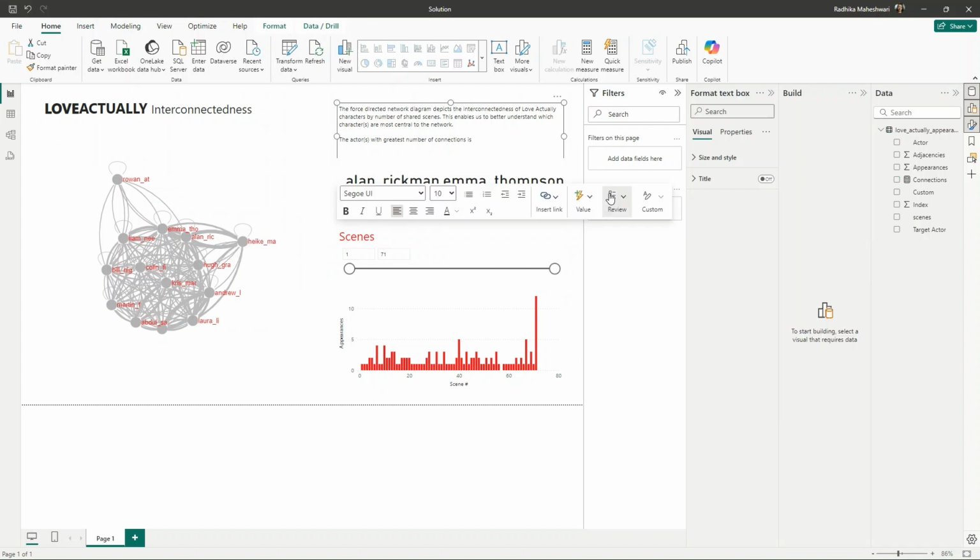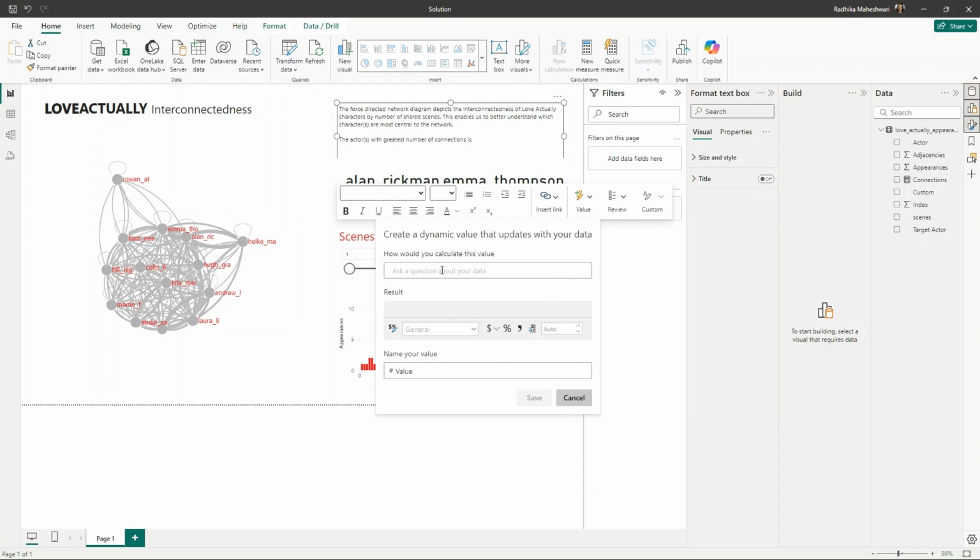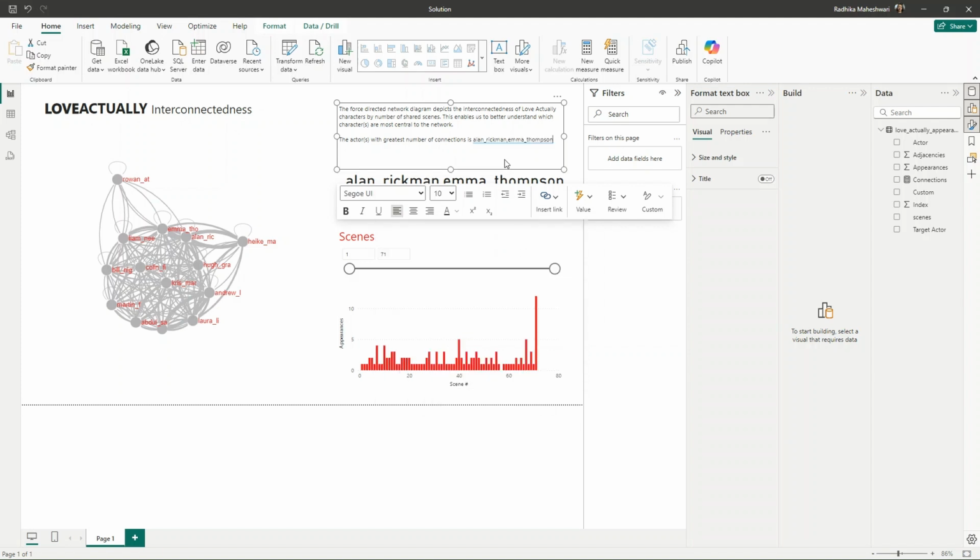So I can now simply go to value to get the dynamic value, find connections and click on save. So this will be a dynamic way of adding the names of actors who have the greatest number of connections. I could have also used a measure, but this text is too long, so I'm keeping it simple using dynamic values.